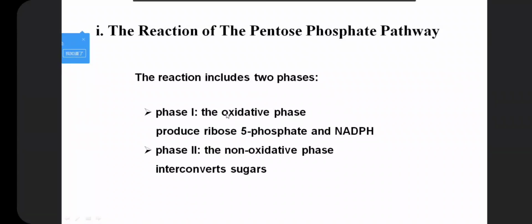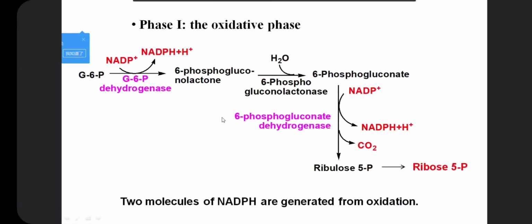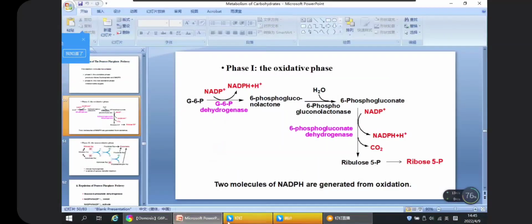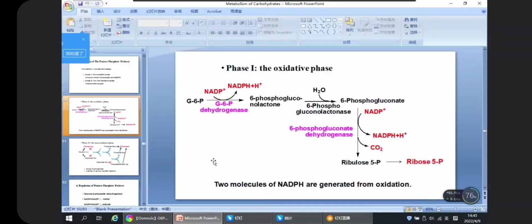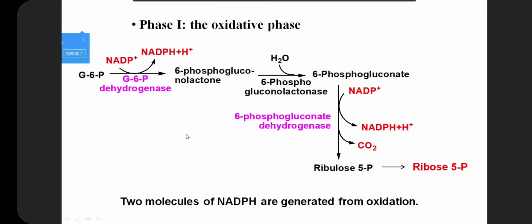The first phase is the irreversible oxidative phase, and the second phase is the reversible non-oxidative phase. You should pay attention to the first phase, the irreversible oxidative phase. In the first phase, as you see, it starts with glucose 6-phosphate, right? And then it can be converted into ribose 5-phosphate. During these reactions, the first step is a rate-limiting step, and this step is catalyzed by the glucose 6-phosphate